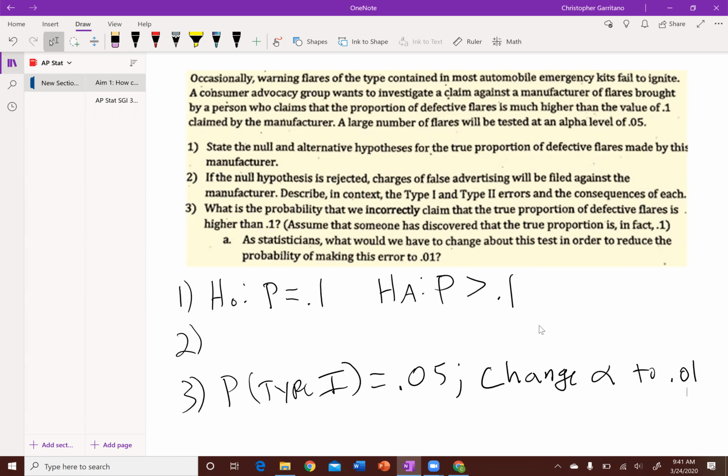All right, back to the problem at hand. We're looking to state the null and alternative hypotheses. Of course, the null hypothesis would be that P is equal to 0.1, right? We have to assume that the person or the company is telling the truth, and it's up to, in this case, a consumer advocacy group to provide the evidence that shows that maybe